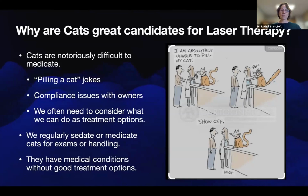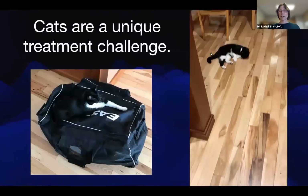So we also regularly sedate or medicate cats for exams or handling, right? Most technicians, if you talk to them, they would rather take an 80-pound pit bull with a muzzle on than a 10-pound cat with fangs and claws. So we often sedate cats in order to be able to handle them. And they have several medical conditions where we don't have particularly good treatment options. So cats are a unique treatment challenge because,